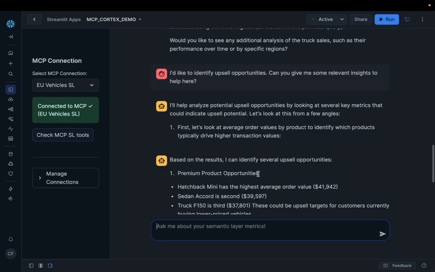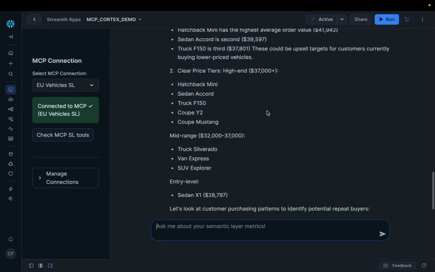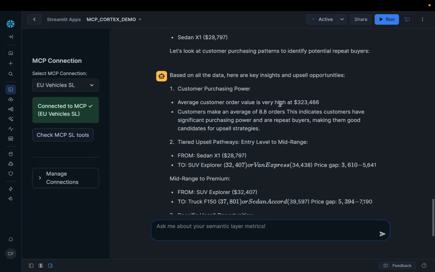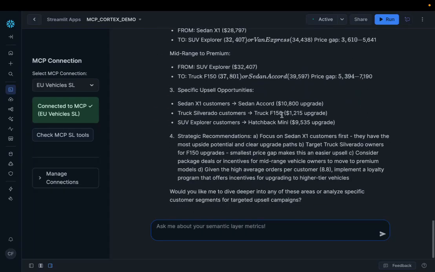Awesome. So we actually gave it a pretty ambiguous question here. We just asked for some relevant insights for helping us to identify upsell opportunities. I'm not going to go over the results now, but you do get some pretty interesting results even given some ambiguous questions. So just to kind of recap for us,